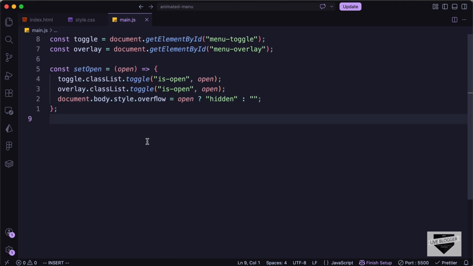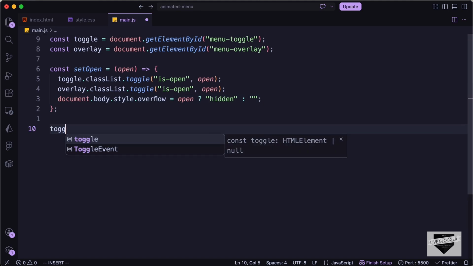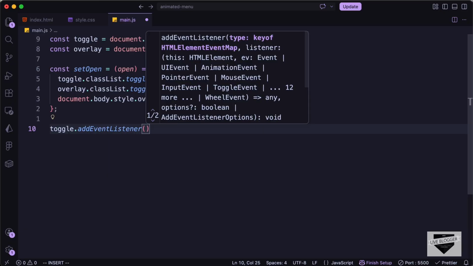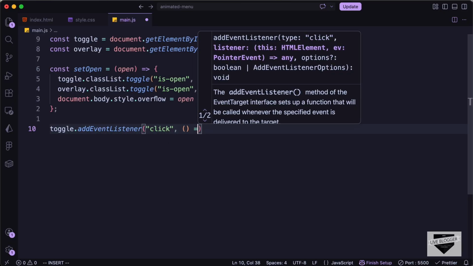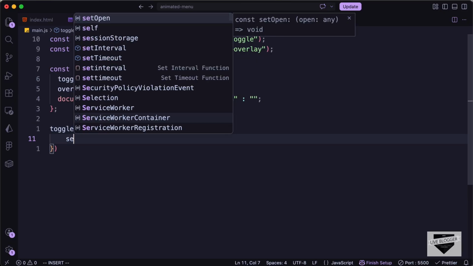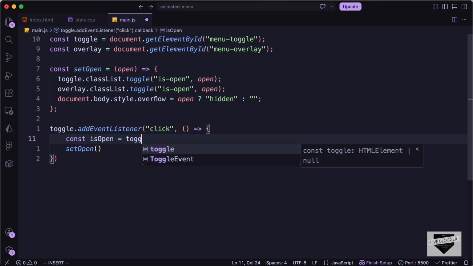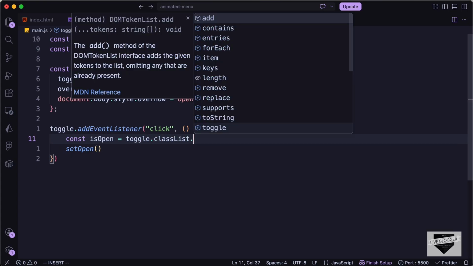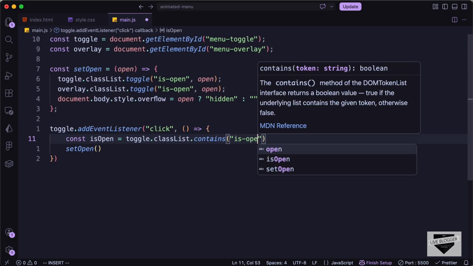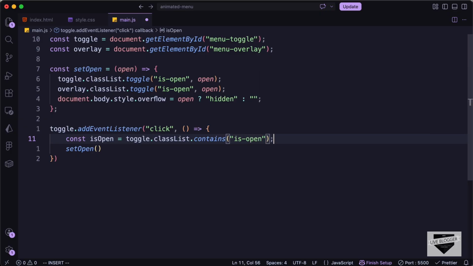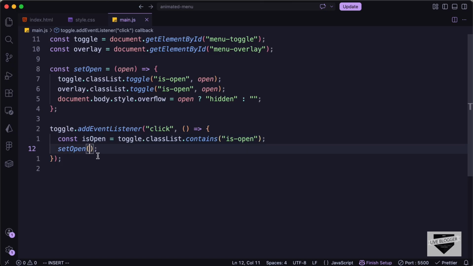Right now, let's add event listeners to these two. So let's tap toggle.addEventListener. Let's listen for the click event, and let's create an arrow function, and here let's tap setOpen. Now here we need to pass a true or false value. So first of all, let's create a const called isOpen, and let's set it to toggle.classList.contains, and here let's tap isOpen. So if this toggle element contains this isOpen class, then we need to pass the opposite value. So let's tap exclamation isOpen,